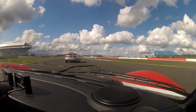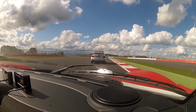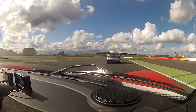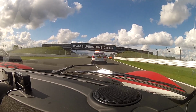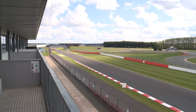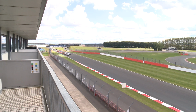Alex Reid trying to get as much heat inside. As you can see, Adam Knight just to his left there, the reigning champion, with it all to do then if he's to retain that title this year. Cars make their way down then the back straight, heading towards Brooklands. The lights on the safety car should go off any time now, and as the cars all bunch up into their 2x2 formation,